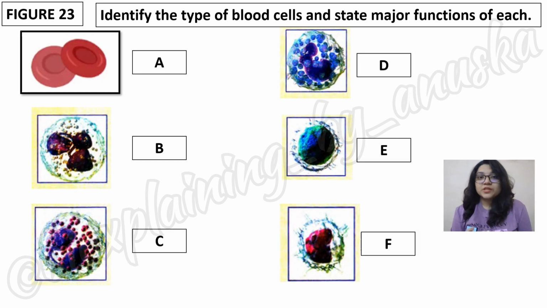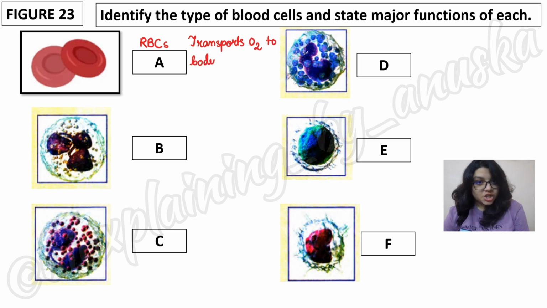Okay, so a question from the circulatory system. Blood components. Identify the type of blood cells and state major functions of each. Part A shows your RBCs. What are RBCs? These are the red blood cells, also known as erythrocytes. What's their job? They transport oxygen to body cells, and they do that in the form of